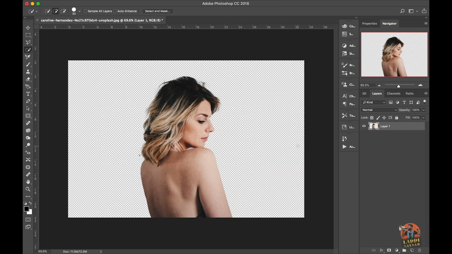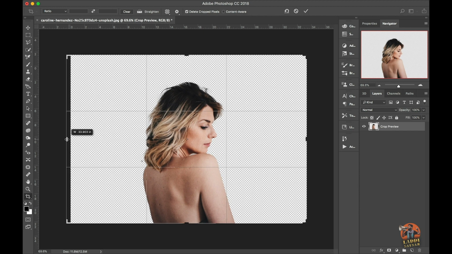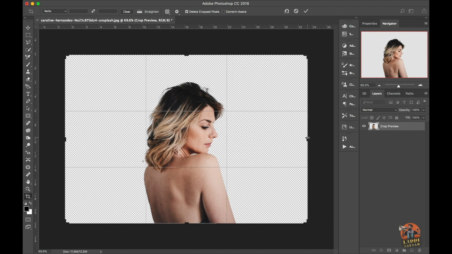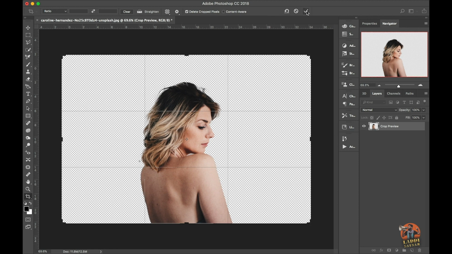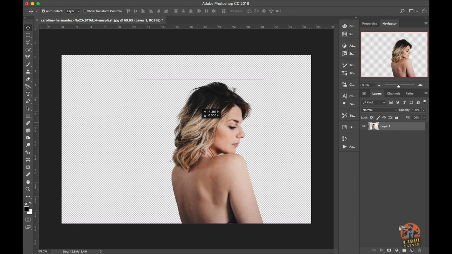Okay, so now I have to make the background of the image bigger, so I'll have enough space to create the effect. Press C and expand it a little bit from here and also from here. Now I'll put our image a little bit to the right, in the golden ratio. Now rename the layer to model.